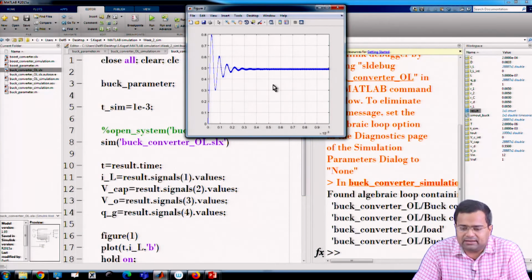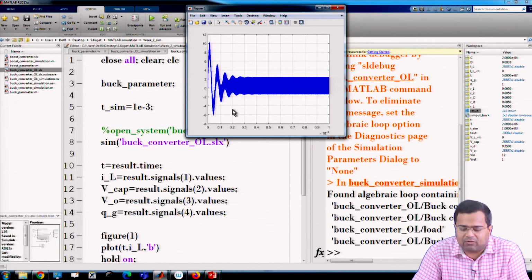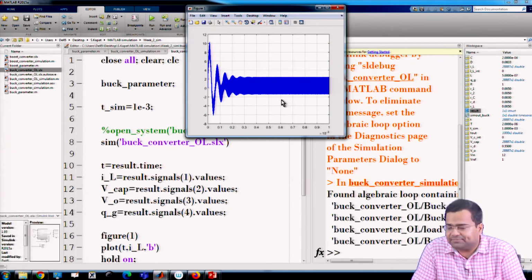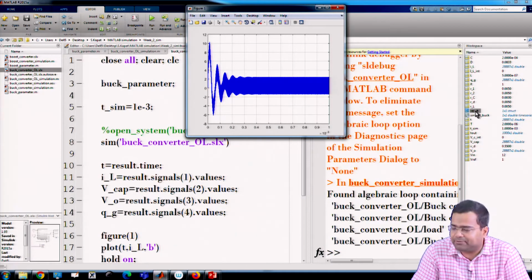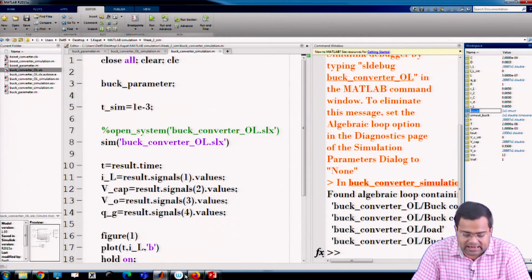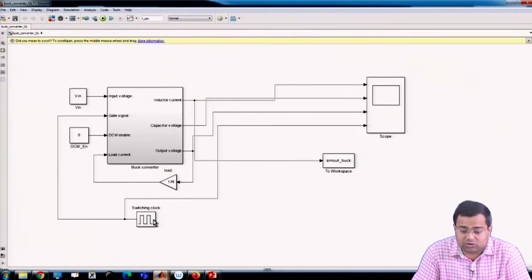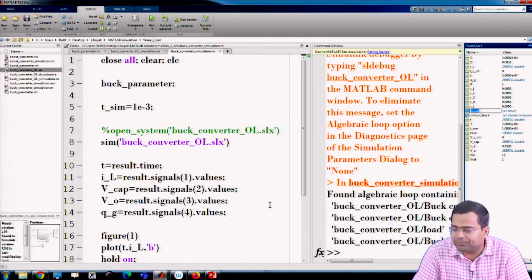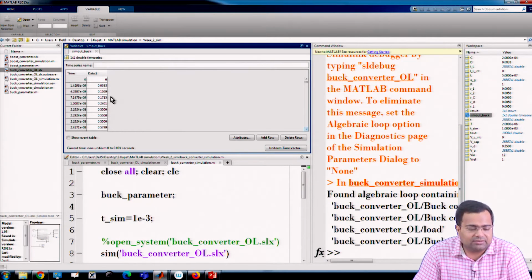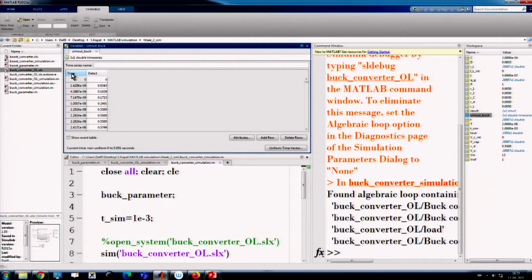If you run it, see in figure 1 you have plotted inductor current. This current is coming from the result block, which is connected to this particular scope. I want to check that the sim out data of the inductor current should be identical. So, you go to sim out, this is also a structure, the first is time and the second is data.